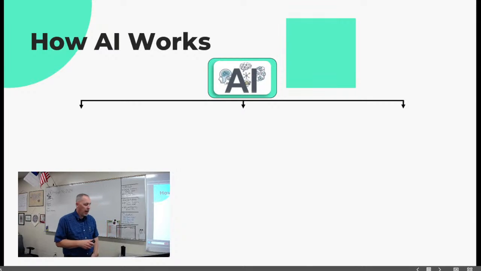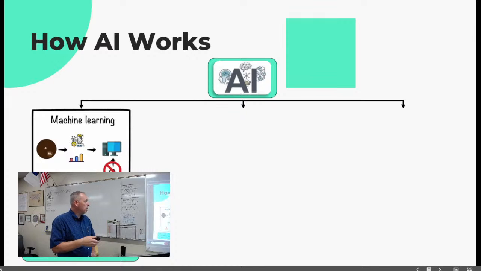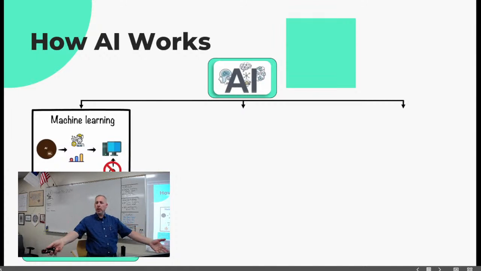All right, let's talk a little bit about how AI works. We talked earlier, when we first introduced it, about algorithms, the data, and the models. So when we break it down, there are different types of models and ways that data is being processed and utilized. Machine learning is the one that we probably hear the most of, or will silently experience the most of. It's happening, we just don't realize it behind us.